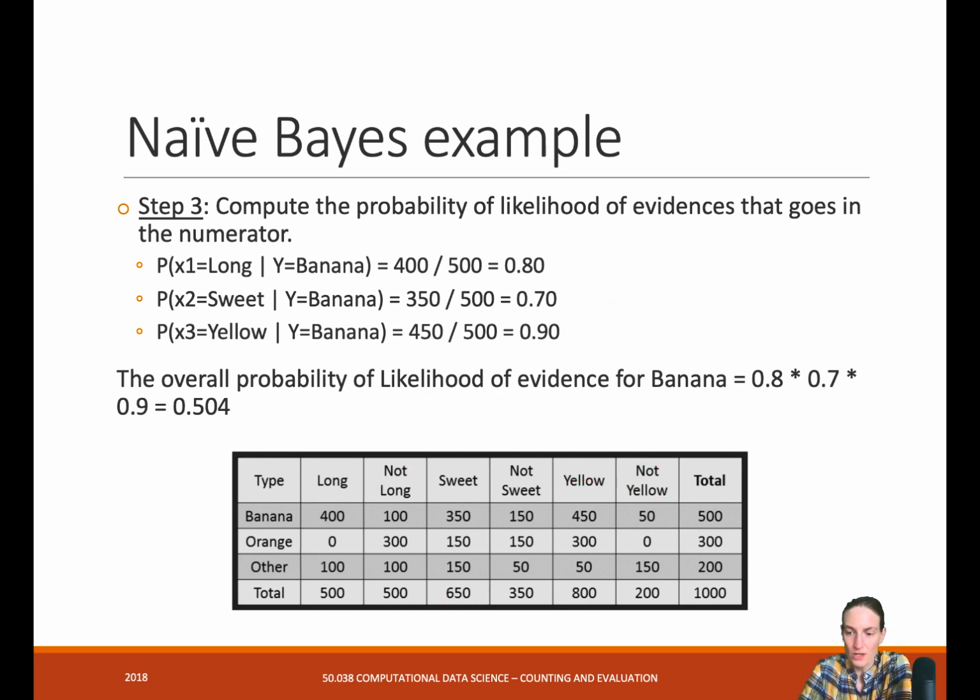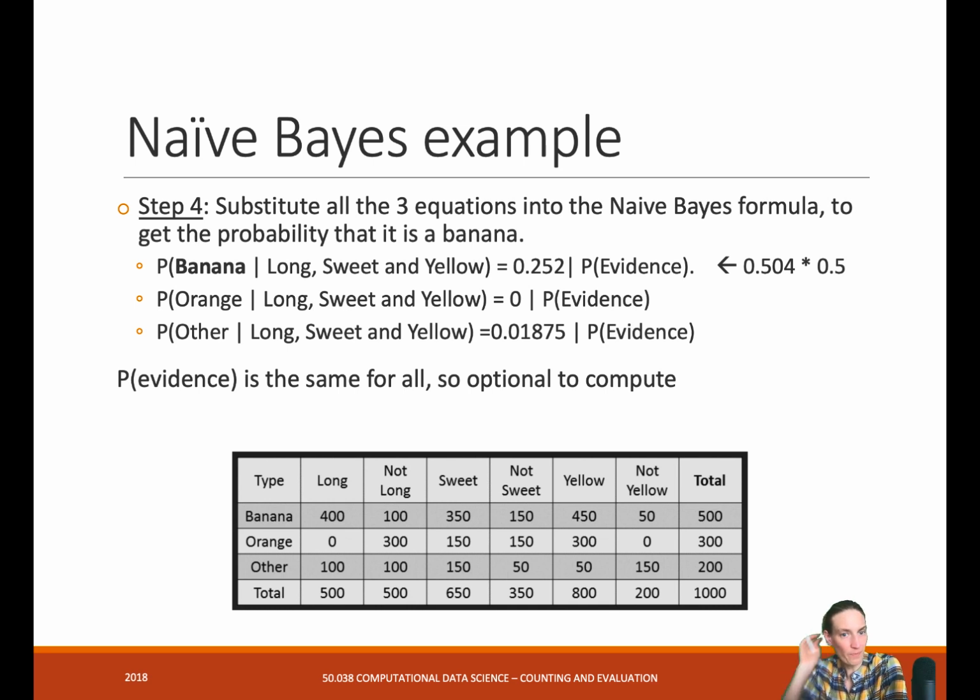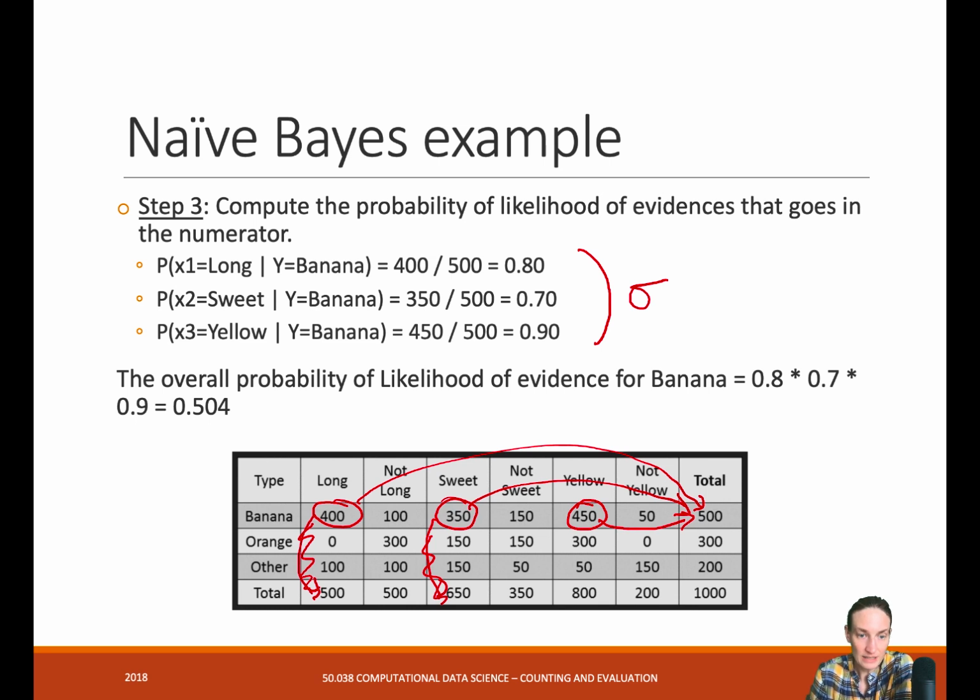Okay. So step 4, fill in everything. Substitute all of the 3 equations in the naive Bayes formula. So, in case we're wondering, is it a banana? This is the example we did. You can do it for the other fruits as well, if you calculate it yourself. The probability of it being banana, given the evidence that it's long, sweet, and yellow, we fill it in, and basically, let's do it here. We have on the previous slide, we've calculated that these are the 3 probabilities multiplied,